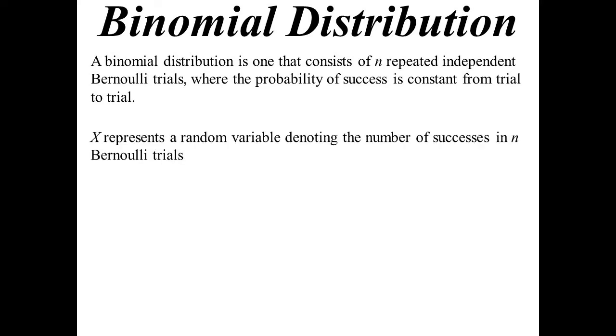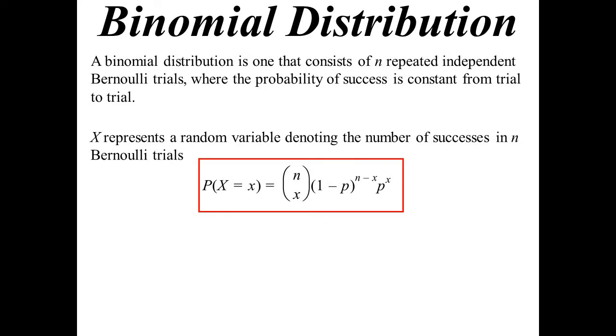The next type of distribution we're interested in looking at in statistics is what's called the binomial distribution. A binomial distribution consists of repeated Bernoulli trials, similar to what we saw yesterday with our binomial probability. X will represent the number of successes in n Bernoulli trials. And so the formula for the probability that X equals x turns out the same as we saw yesterday, because it